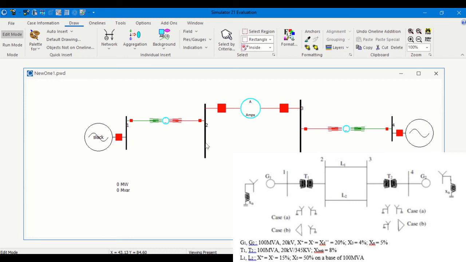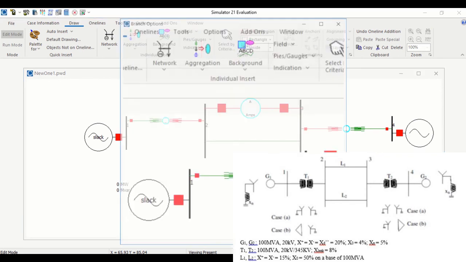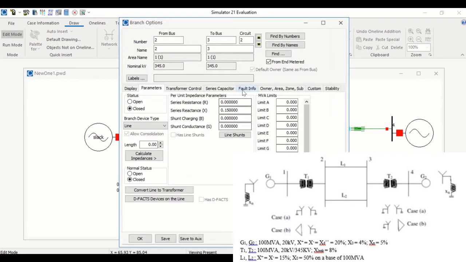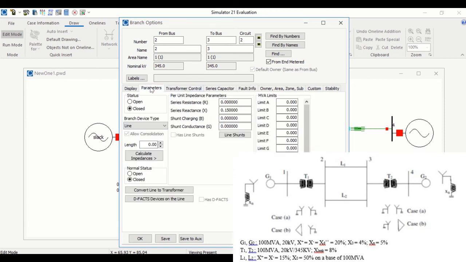So click on bus 2, drag to bus 3, click, and here you will be asked, so do you want another line? Okay, so click yes to create a new transmission line, because we want another transmission line. And now you have the data. Just verify the zero sequence reactance alone, enter it as 0.5, and already the positive sequence value is entered, right, as 0.15.